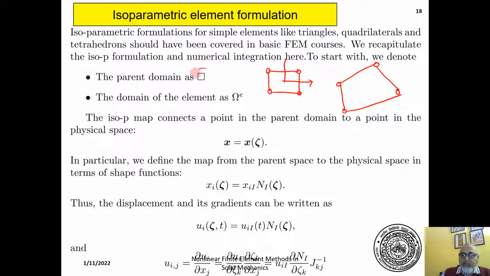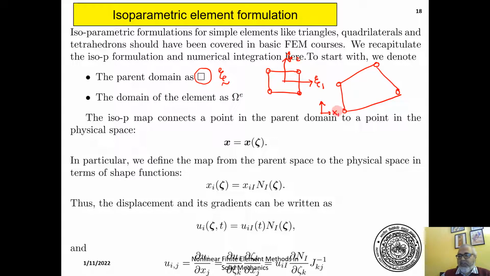The parent domain will be denoted by the square symbol, and it is spanned by a set of vectors that we will denote as zeta. So in this case, this will be zeta 1, this will be zeta 2,